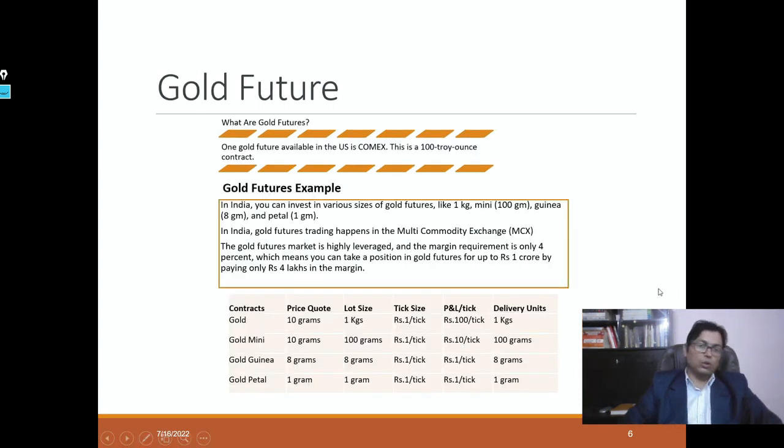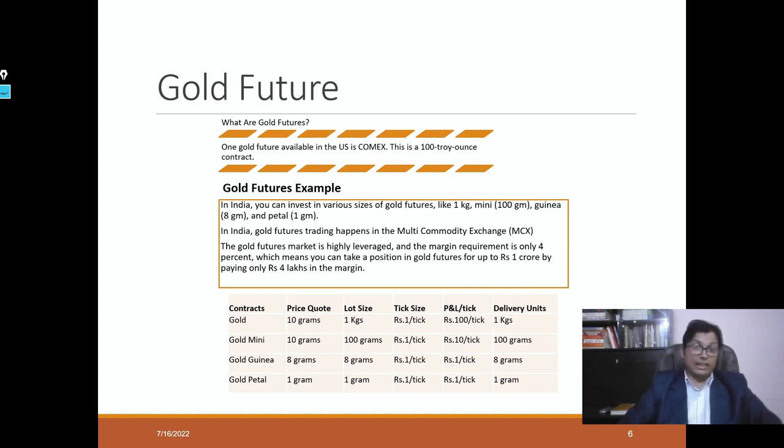We have similarly gold futures. One gold future available in the US is on COMEX. This is a 100 troy ounce contract. In India, you can invest in various sizes of gold futures, like 1 kg, then mini, that is 100 grams, then Guinea, that is 8 grams, and Petal, that is 1 gram. So from small to large, we can invest in all varieties of gold futures. And in